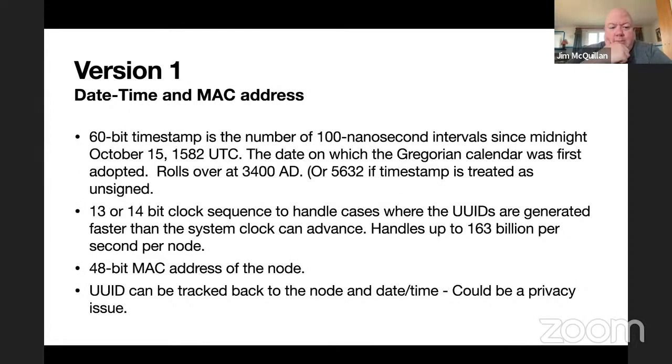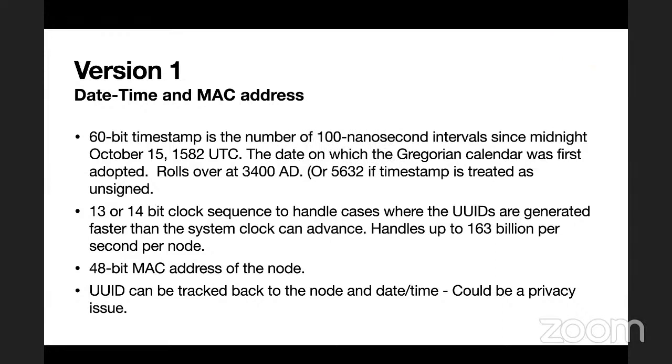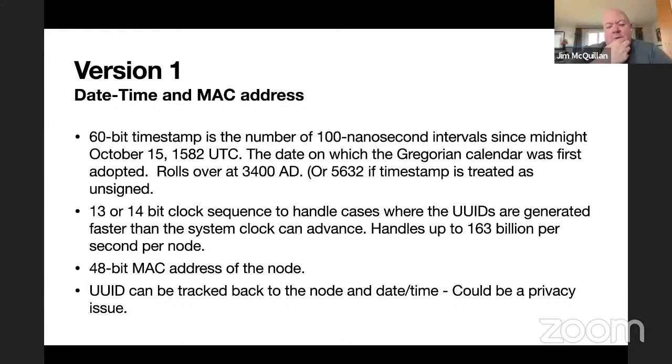That 13 or 14-bit sequence is enough to let you generate 163 billion UUIDs per second per node. So between the timestamp and that, you can generate a lot per second. Okay, I can see that you're not going to have a need for more than that, right? So even a quantum computer. Yeah. So the timestamp plus the sequence number plus the MAC address,